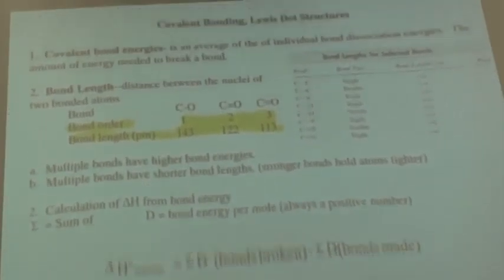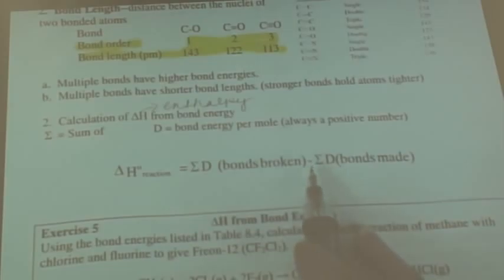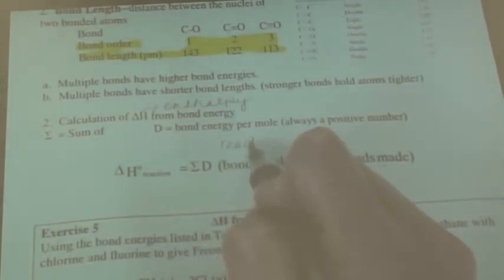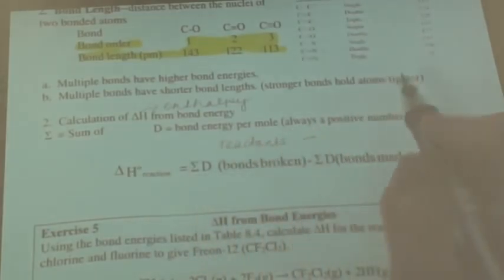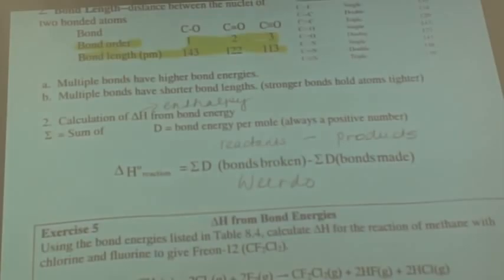You know what? I don't really want to go through the change in enthalpy using bond energies. We did that before. Remember, enthalpy is the amount of heat in a reaction. To find the heat in a reaction, what you do is take the sum of the bonds broken minus the sum of the bonds made. Bonds are broken in the reactants, and bonds are formed in the products. So we recall the delta H of the reaction is reactants minus products. It's the weirdo. You either remembered it on the test and were happy, or you forgot it on the test,